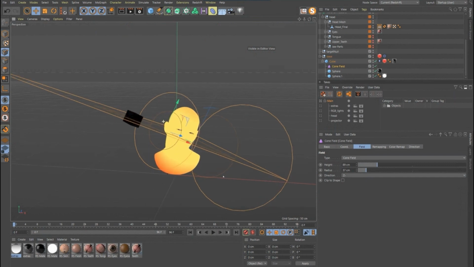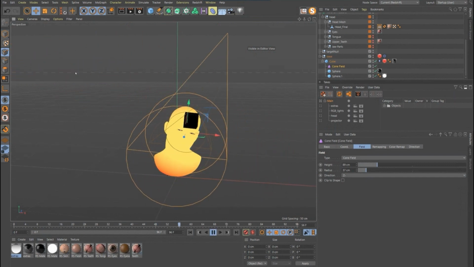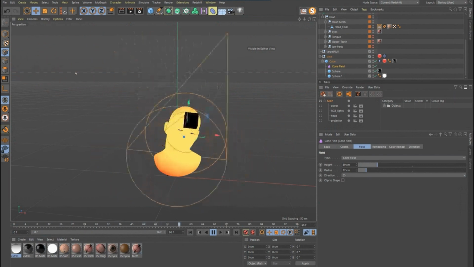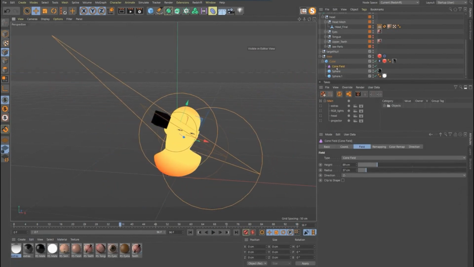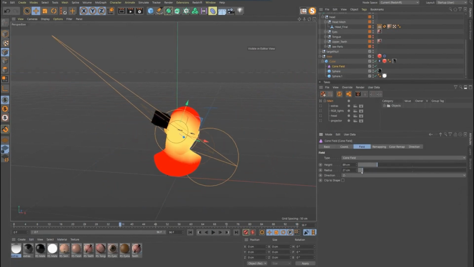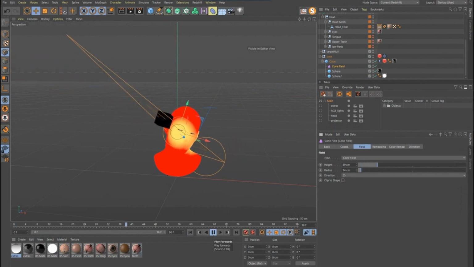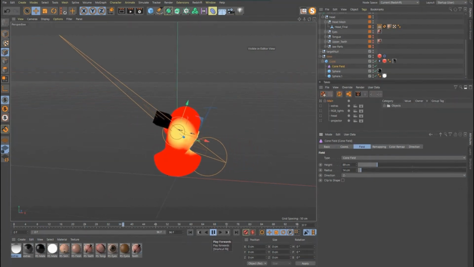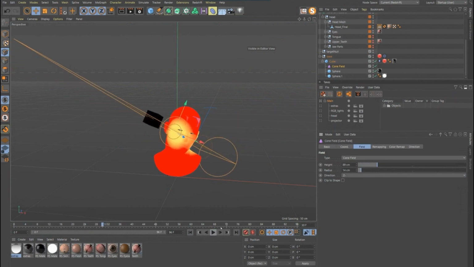And now if we were to play this, that vertex map is animating based on this light. And just to show the exaggeration on that, if we put that down a bit, you can see this thing moving around now like that. So let's use this to drive our Voronoi fracture.